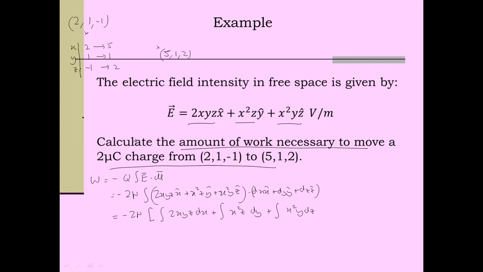So let us look at these examples here. We look at these integrations. For the work, for the first one here, we have a negative 2 microcoulomb, and for the dx integration, we have a 2. The x should be there, whereas for the y we have a